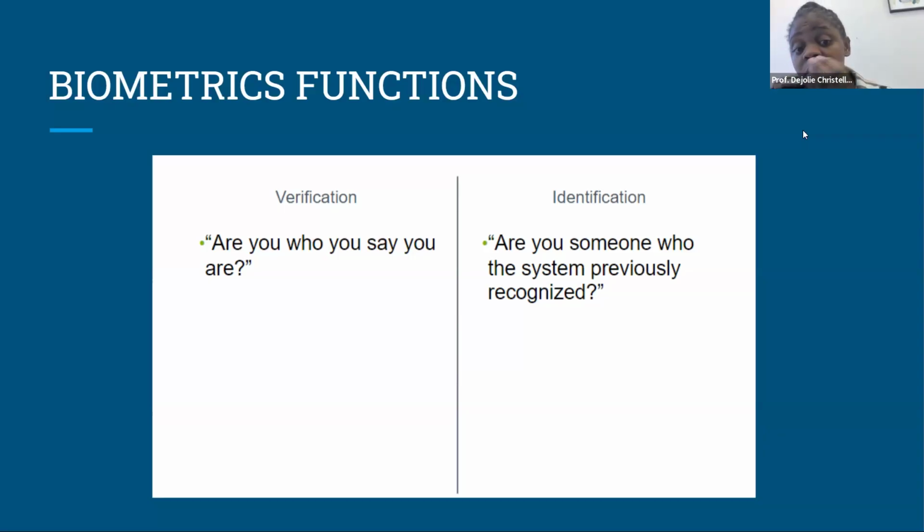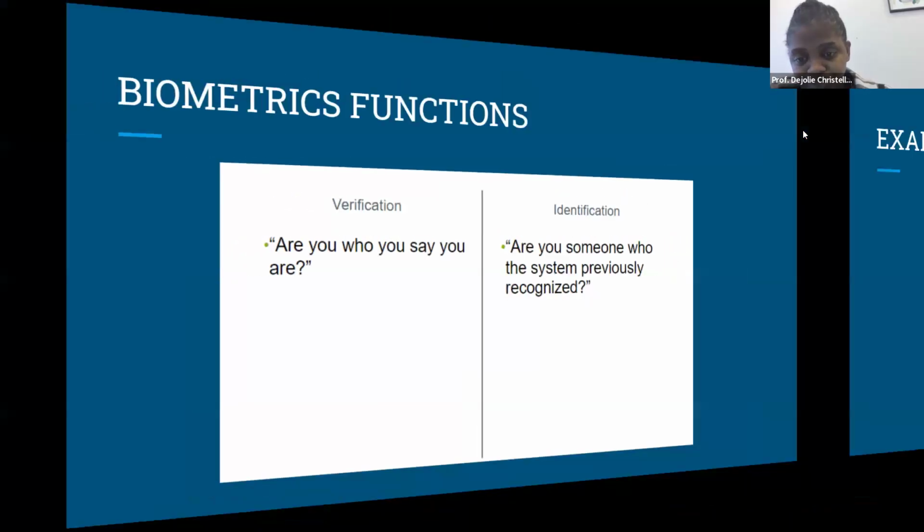So the verification part is actually to find out, even when you're taking your phone and you want to log in, that it is you. This is the process: are you who you say you are? If it's a yes, it's going to verify you, or maybe ask you for a PIN or something else just to make sure. Are you someone the system identified before? If the same username and password were used 2 seconds ago, it could be the person. So you try to identify you also.